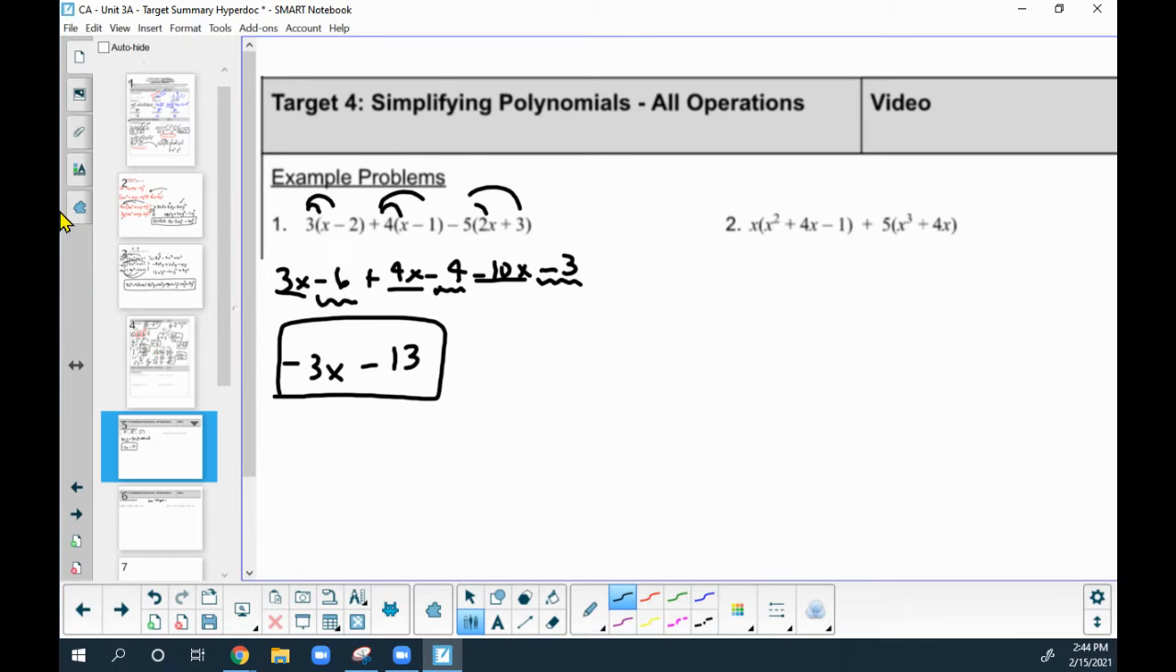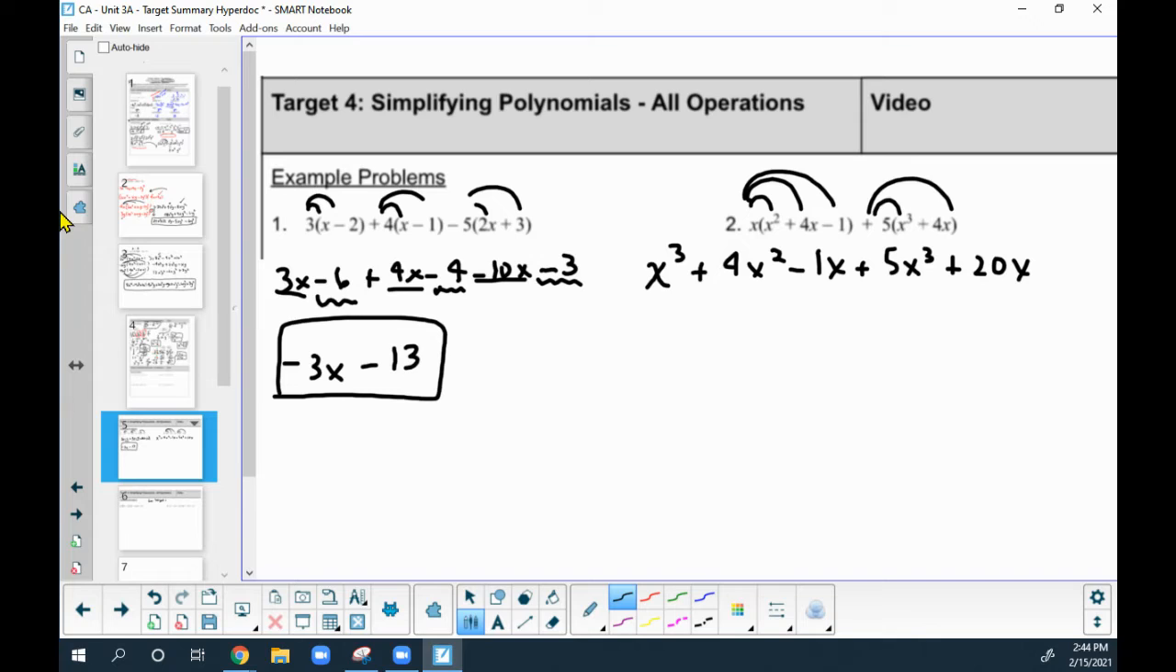Second one, it's the same idea. It just, as you can see, it's getting a little messier because of all the powers. So you just want to be super cautious. X times x squared is x to the third. X times 4x is 4x squared. And x times negative 1 is minus 1x. Going over, there's a plus sign, that's happy. 5x to the third when we multiply, and then 5 times 4 is 20,